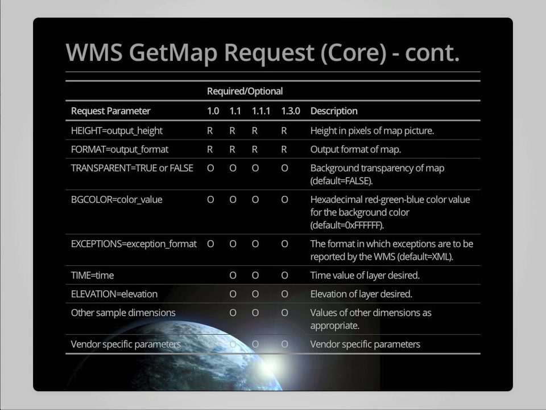The last required parameter is a format parameter, where you define the format of the map image to be returned, where that might be image/JPEG, image/PNG, image/GIF or GIF, or any other formats that are supported by the web map service. How do you find out what those formats are? You read them out of the GetCapabilities XML file that is returned as a result of the GetCapabilities